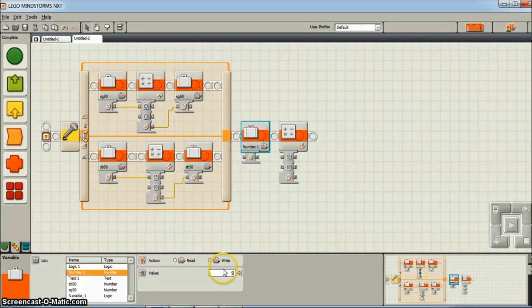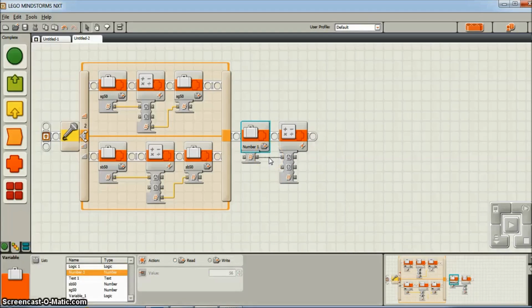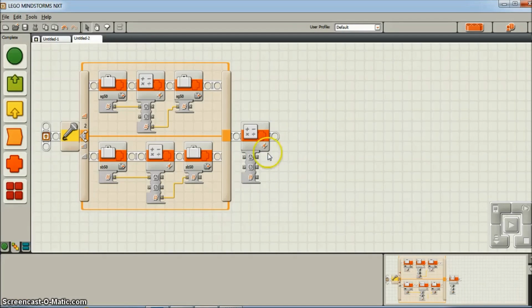So if you write a value 56 and you want to give it to the math block, and you put it over here, you see the data wire turns black. This indicates that the data wire is not complete and is not joined to this one, because data wires carry data of different types.